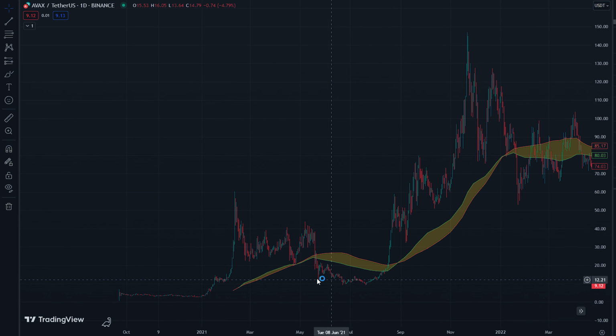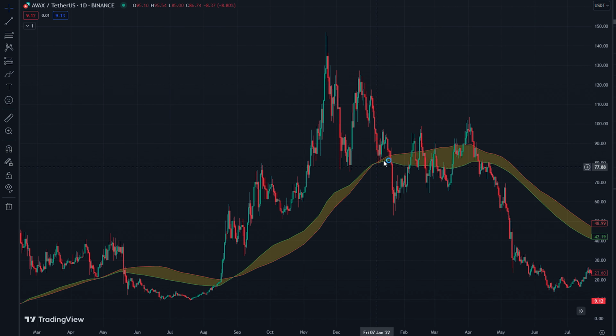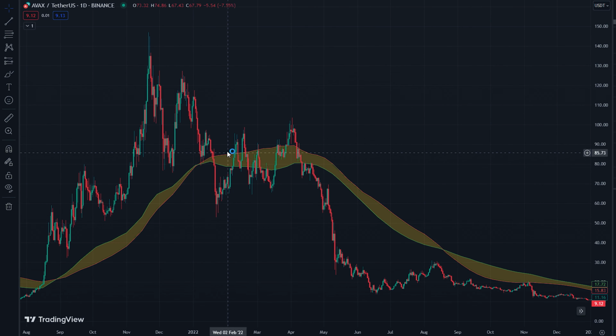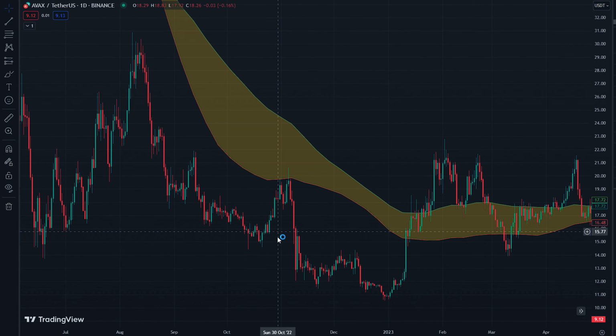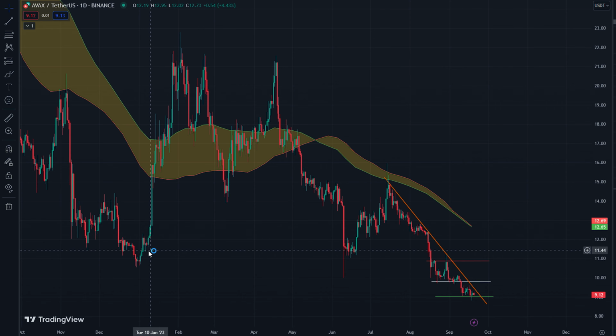It had its summer lull. Prices dropped heavily, really badly for a lot of coins, and then we put in our all-time highs for a lot of alts, and Avalanche was above the line here. After our all-time highs, we come back down, and once we drop below, we struggle to stay in the bull market support band, and then we drop below hugely, and we don't really come back up to test it until the beginning of this year, when we had our rally